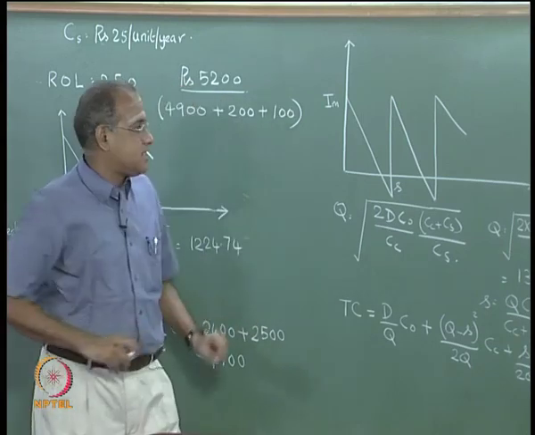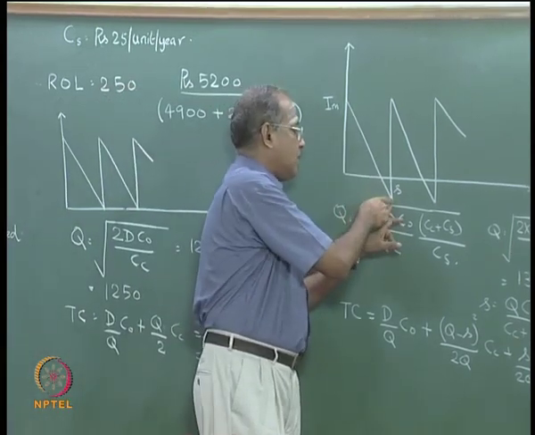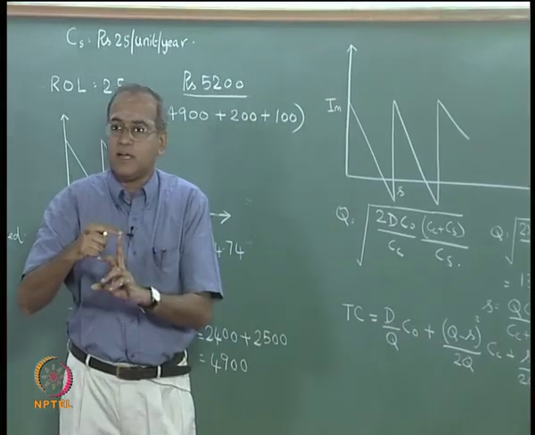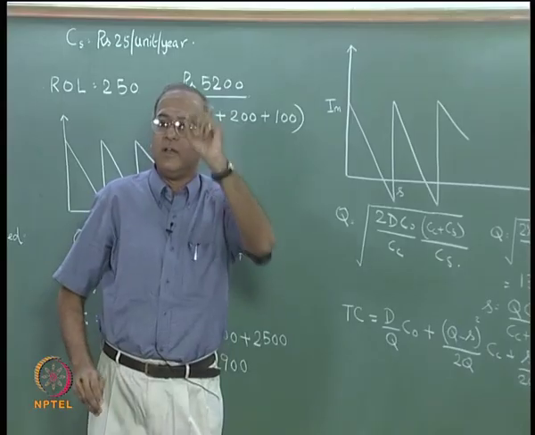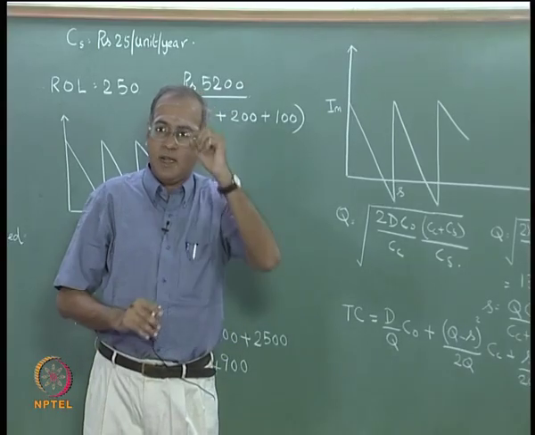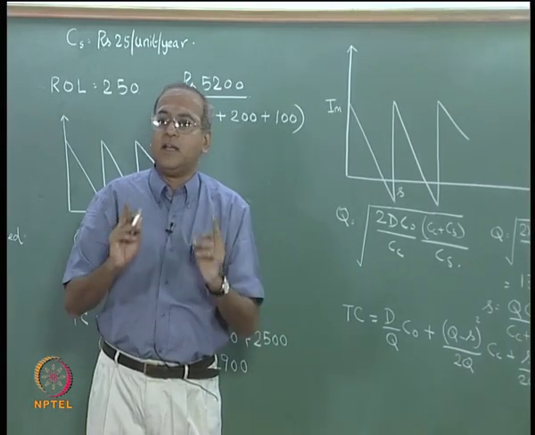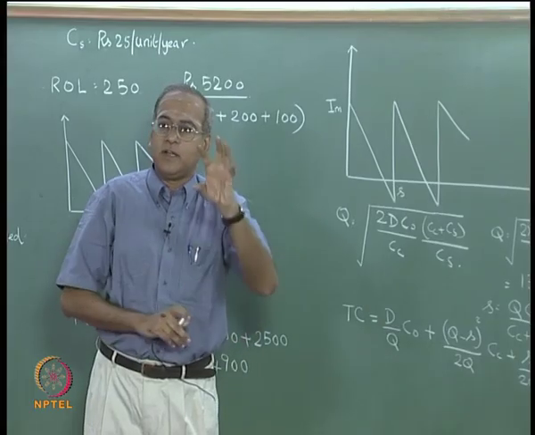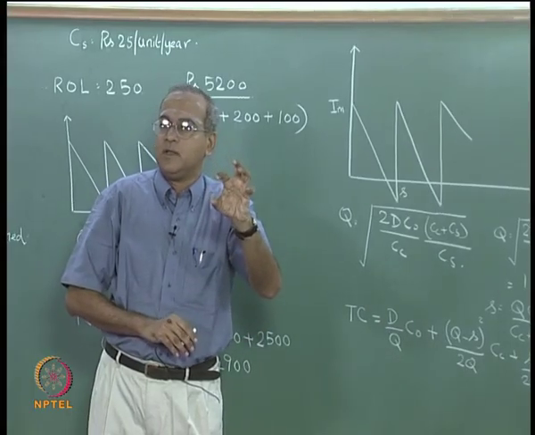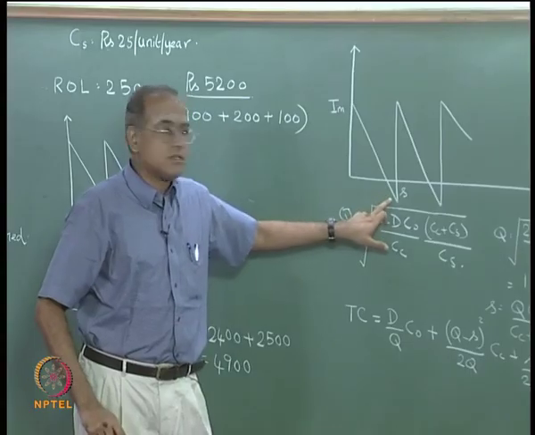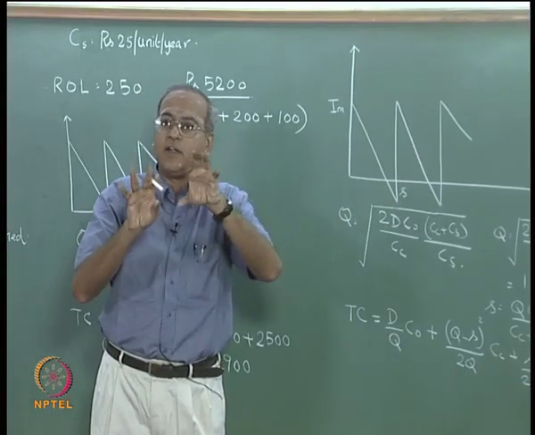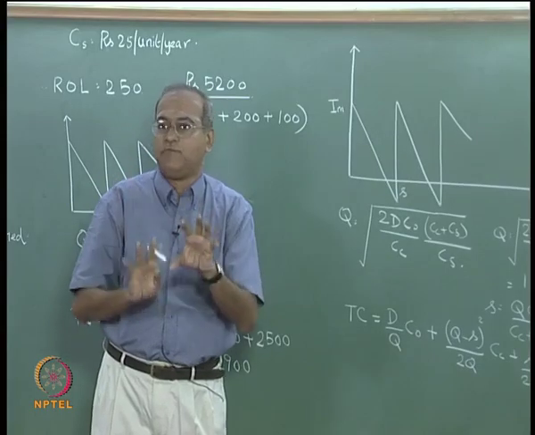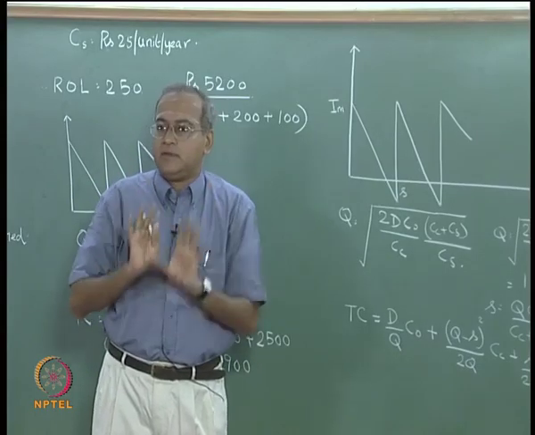The other advantage is, as soon as Q, the economic quantity, is received, we instantly fill the back order. Therefore, the maximum inventory that we hold will also come down. So a lesser quantity of inventory is held for a lesser period, so inventory cost there will come down, but then the back order cost is going to go up. So if we find out that the inventory cost back order cost trade off is a gain,